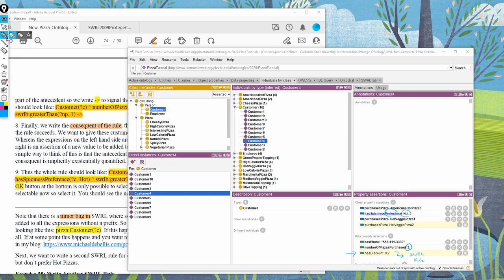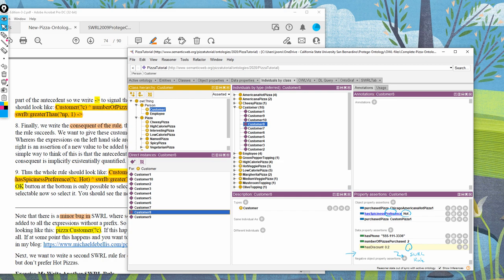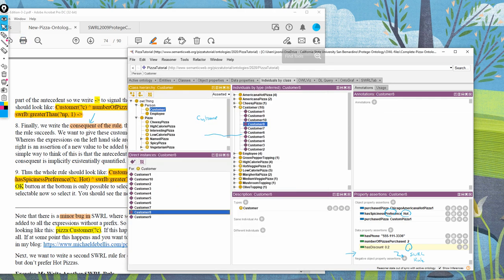Just keep going. Customer 5, 6, 7, 8, 9. Oh, 8. Now, once again, the number of pizza purchases is 2, and the preference is hot. So yes, customer 8 also has 20% discount. Now, if you look at this property, has discount, in the consequent of the rule, the domain is customer. So that's why when I first went to individuals by class,